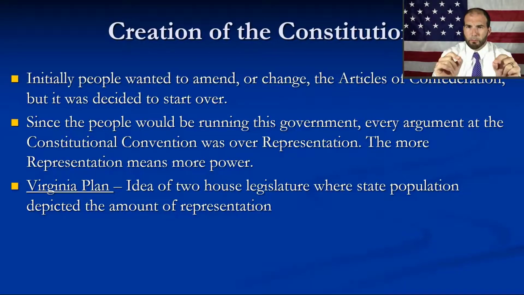So Greece was a democracy, which means all the citizens showed up and voted on every law. That's a problem because if you get people all worked up over something dumb, then the population can do dumb stuff without thinking it through if they all vote for it. So that's how Socrates got killed. In Rome, all right, they had a republic where they had representatives, but the representatives only really cared about keeping their job, and they had the bread and circuses. They spread themselves too thin. It was very complicated in Rome, and it didn't work as just a core republic. So America is going to take bits and pieces of both of them.